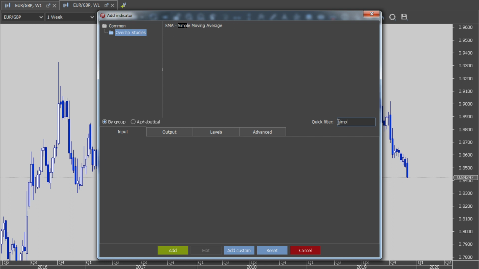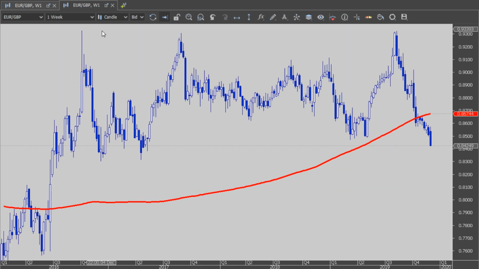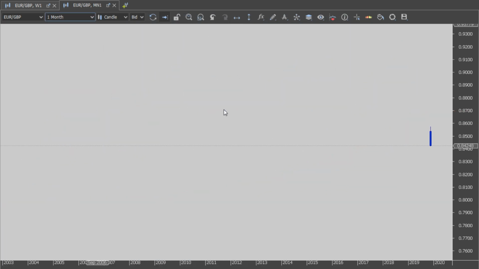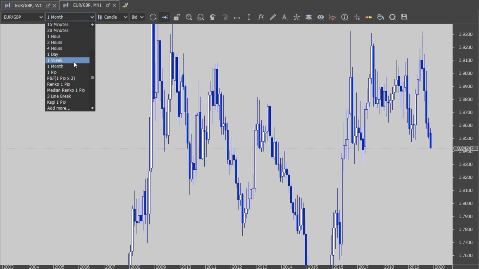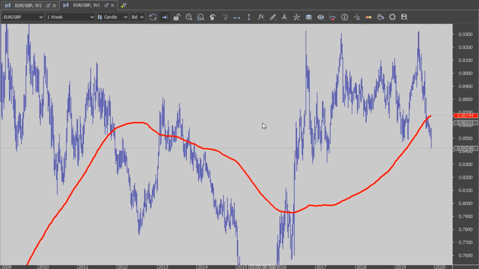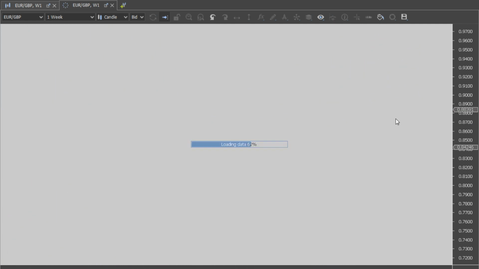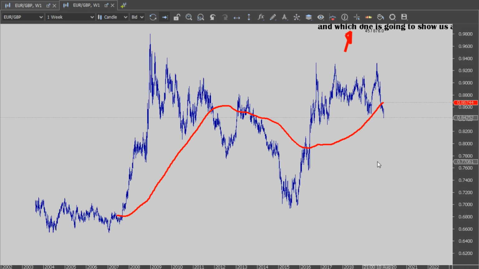Let me see, simple moving average 200, okay. So of course this is an exaggeration, but you have here a simple moving average, and it's not shown on the weekly chart. You have a simple moving average of 200, okay. Now if you compress the chart, this indicator, it's a simple indicator, is going to show you direction, but it's not going to show you an entry,